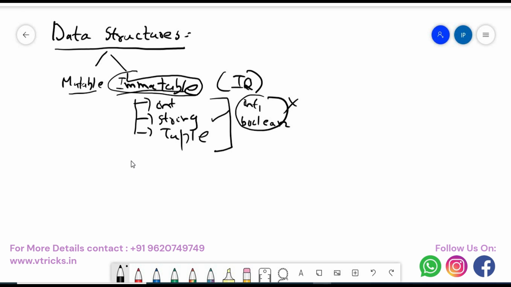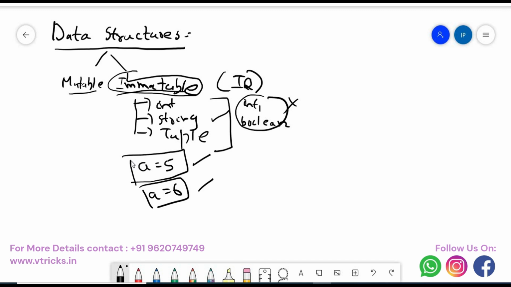What do you mean by we can't change it? Example, let me take a is equal to 5. Now when I say a is equal to 5, this a will be 5 always. If I change the next line like a is equal to 6, the memory allocation given for a is equal to 5 is different and this is different.